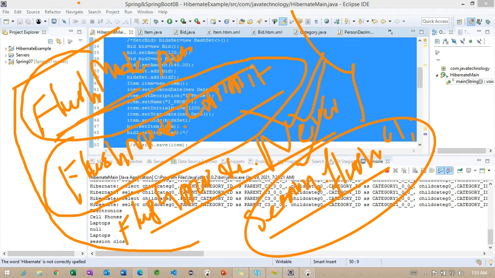Sometimes the transaction is going to commit before loading the data. To override that functionality, we work with FlushMode.COMMIT. What it will do is, after loading the data only, the commit is going to be performed.